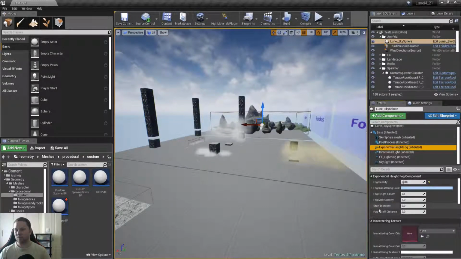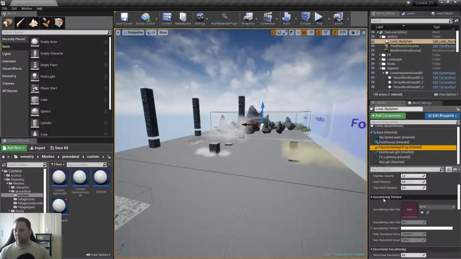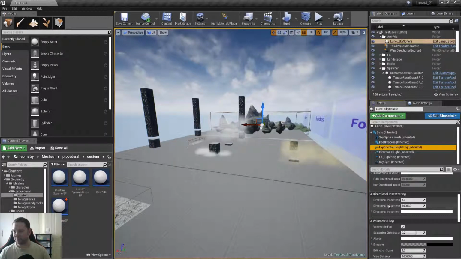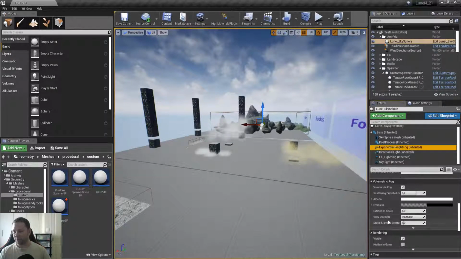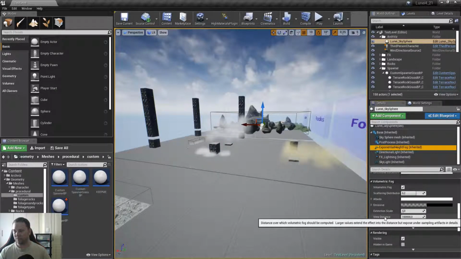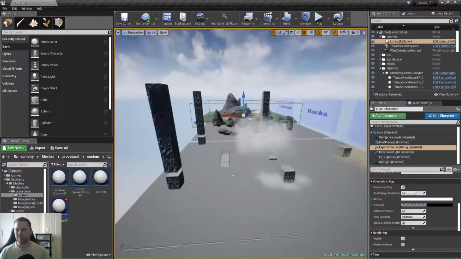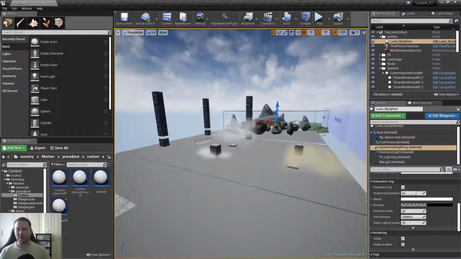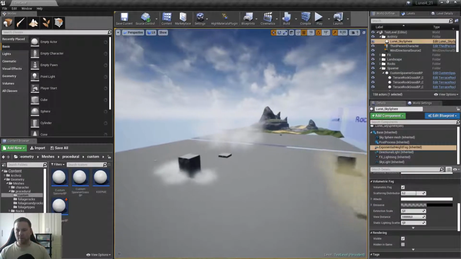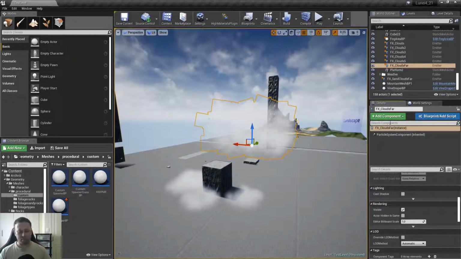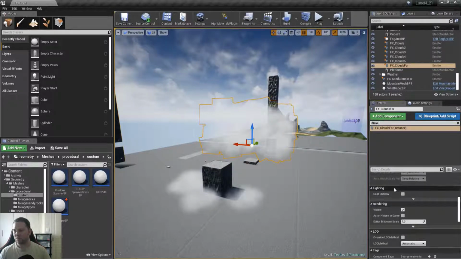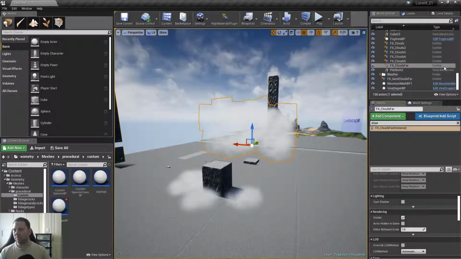Exponential height fog. It will use these values here: density, height falloff, and then there's also the volumetric settings here obviously, and then the view distance. So I've set this up very, very high. But my fog effect will cut off before that, because I've actually set the draw distance in the